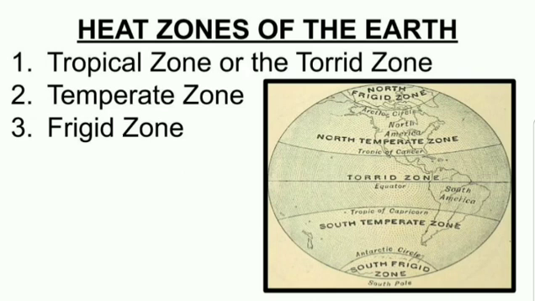The sun never shines overhead beyond the Tropic of Cancer and the Tropic of Capricorn. In the diagram on page 125, see the upper diagram, orange color is shown. That is the torrid zone, that is from the equator up to the Tropic of Cancer and from the equator down to the Tropic of Capricorn. Both are the torrid zone, that is the entire torrid zone. यहाँ सन रेज़ शाइन वर्टिकली, स्ट्रेट सनलाइट. इसीलिए यहाँ का हमेशा टेम्परेचर कैसा रहेगा, very high. So it is called what, the tropical zone or the torrid zone.